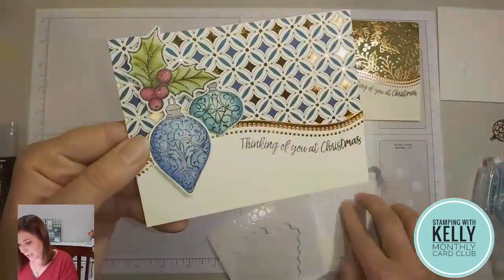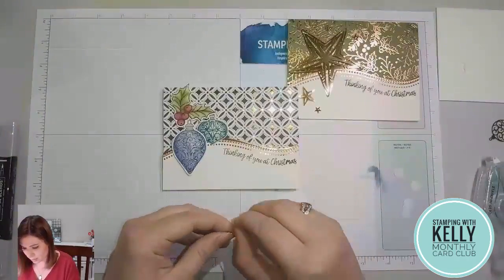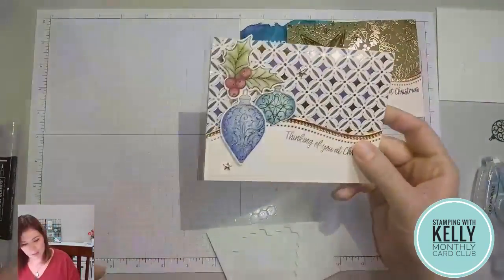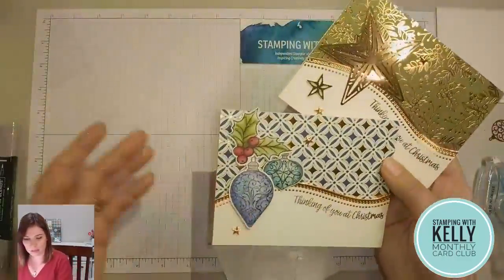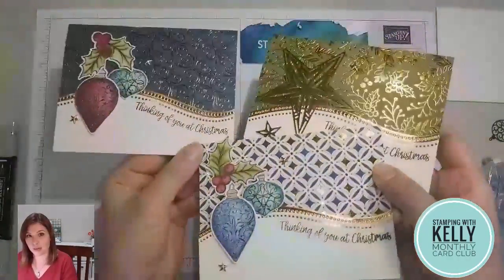And then the final finishing touch is to add on these beautiful copper stars. So sticking those on, I just kind of tuck them here and here. And then you've got your beautiful, shiny, shimmery finished card in whatever pattern of paper that you've received, with lots